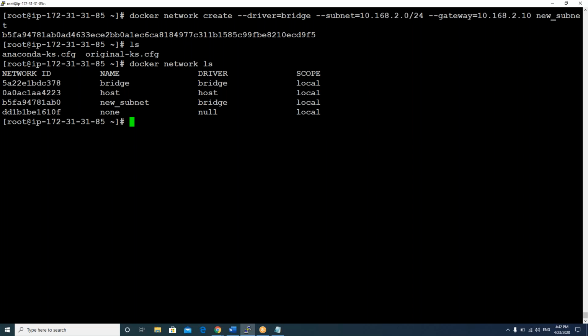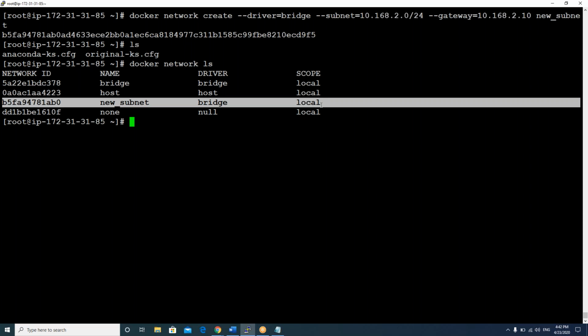See, you can see that new subnet. Now you can create containers in this subnet, in this network also. If you create your containers in this subnet, which range will you get?